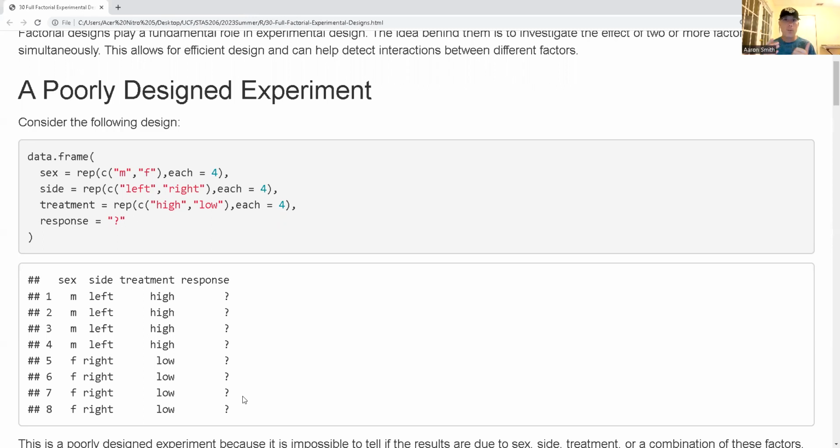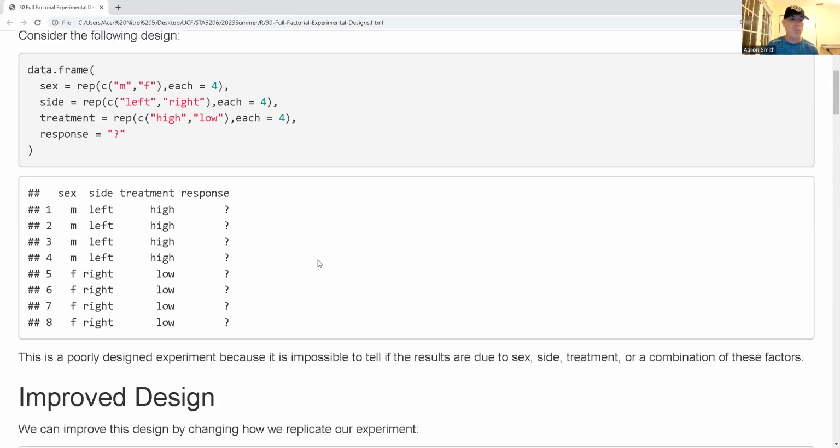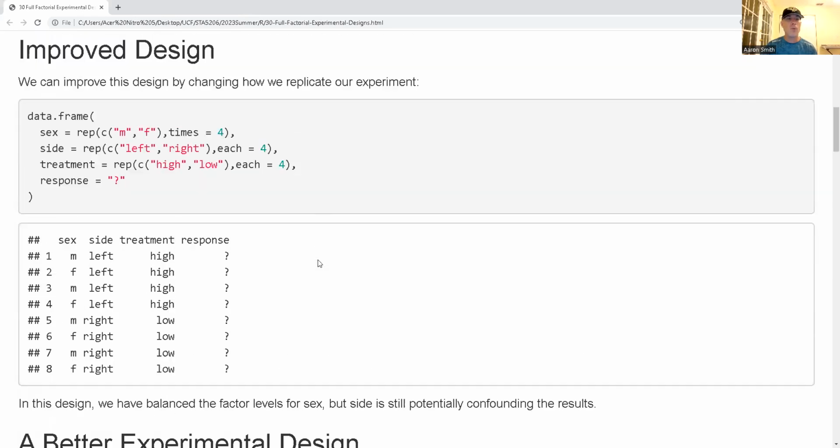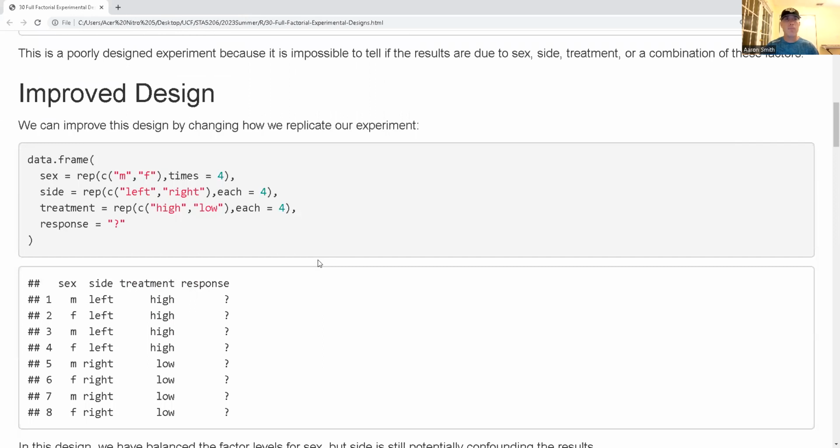Well, can we do better? Yes, of course we can do better. So let's go do better. All right, so here I'm just going to improve it a little bit, not perfectly,